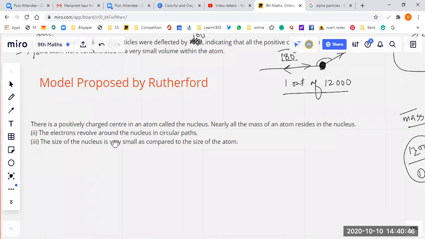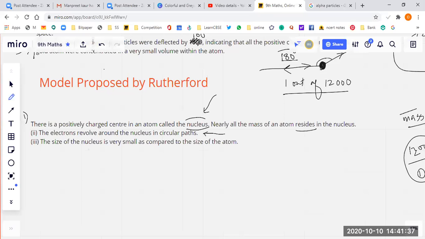नंबर 1, इलेक्ट्रॉन्स रिवॉल्व अराउंड द न्यूक्लियस इन सर्कुलर पाथ। इलेक्ट्रॉन्स का मास बहुत कम है। सबसे पहले ये बहुत बढ़िया अचीवमेंट हुई कि इसने डिफाइन कर दिया कि न्यूक्लियस है। न्यूक्लियस का मतलब सेंटर पॉइंट है, और उस सेंटर पॉइंट में सारा मास है, तभी तो 1/12,000 पार्टिकल वापस आए। पॉजिटिवली चार्ज सेंटर इन एन एटम नोन एज न्यूक्लियस। बाद में एक्सपेरिमेंट से पता चला कि ये बात सही थी। नियरली ऑल द मास ऑफ एटम रिजाइड्स इन द न्यूक्लियस, मतलब लगभग 99% मास। इलेक्ट्रॉन रिवॉल्व अराउंड द न्यूक्लियस इन सर्कुलर पाथ। अब ये सर्कुलर पाथ वाली बात सही है कि नहीं, आगे जाके देखते हैं।